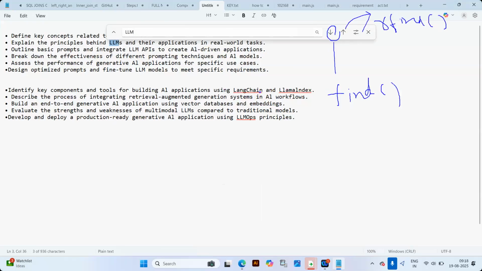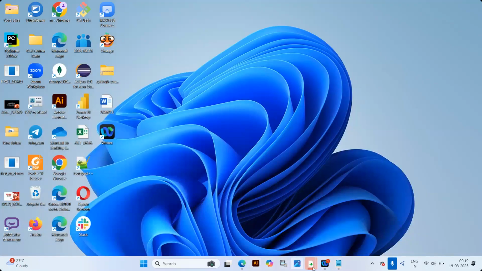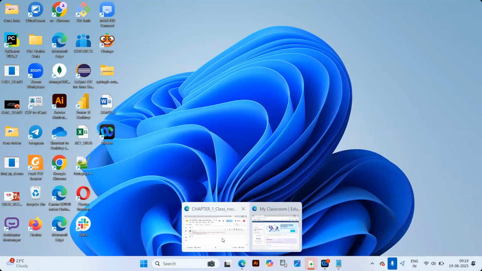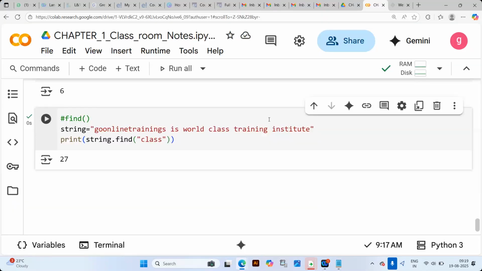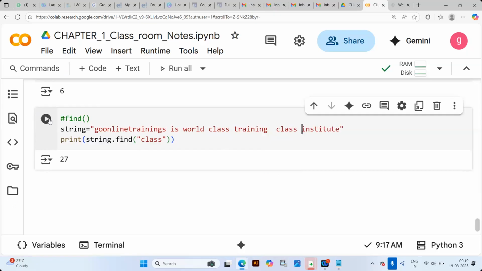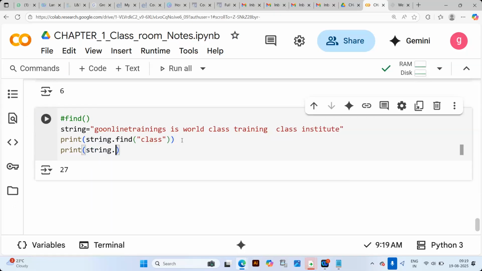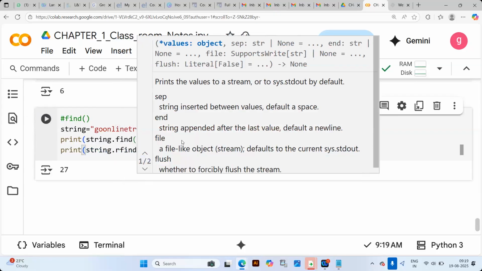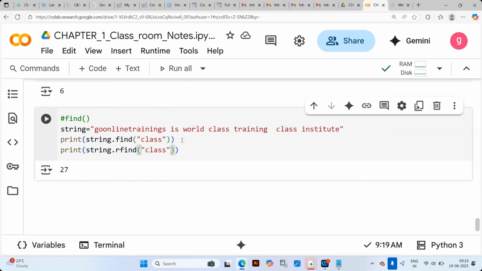Now, going back to your program, if I keep class another time, the find function only gives the first class value from left to right. But if I change to string dot rfind, what output does it give? See, 43. What does it mean?